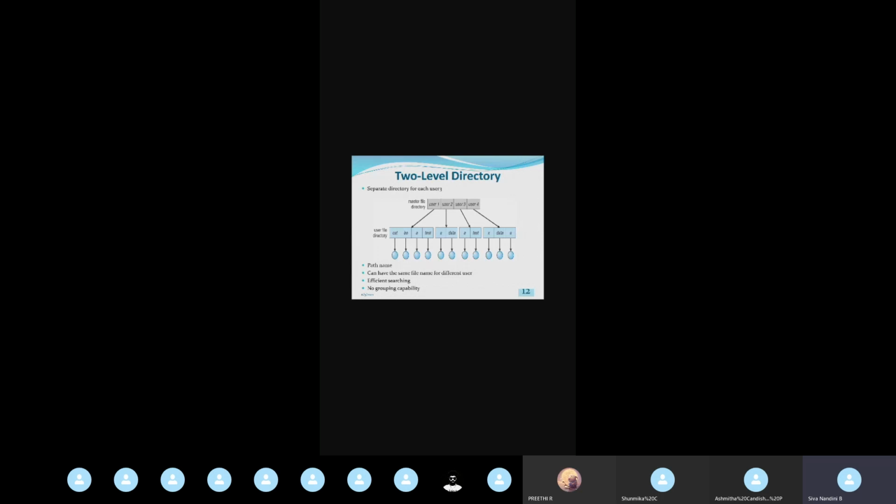Under user 3, it may be a video file. For that video file, I may be using the A and test files. And user 4 may be the gaming application which I am running. In that there may be files X, data, A. File is nothing but a collection of relevant information.